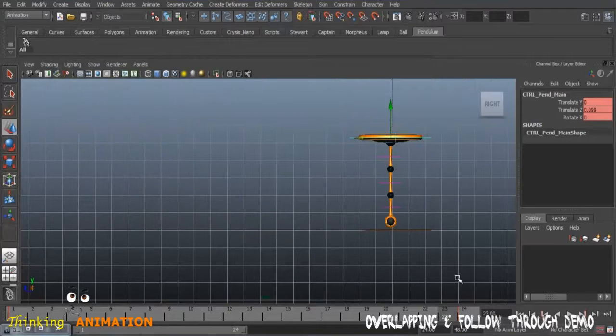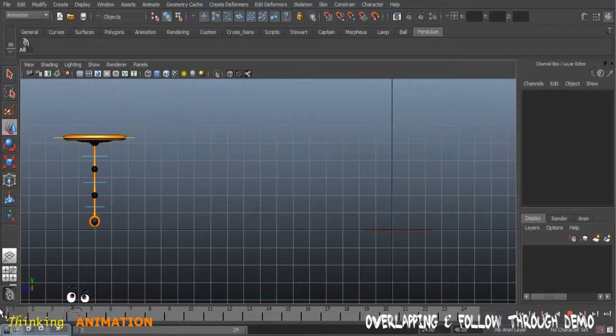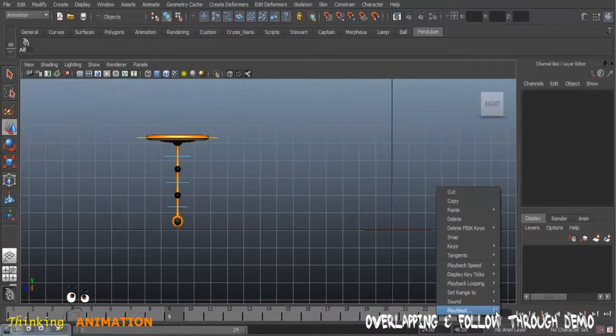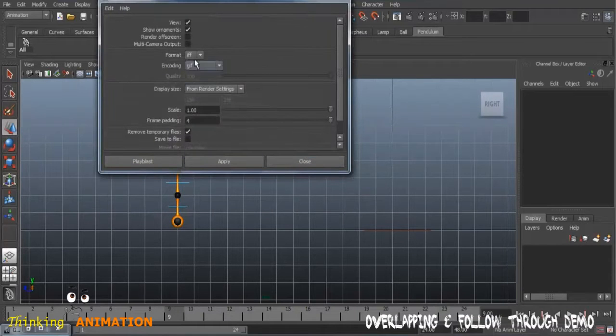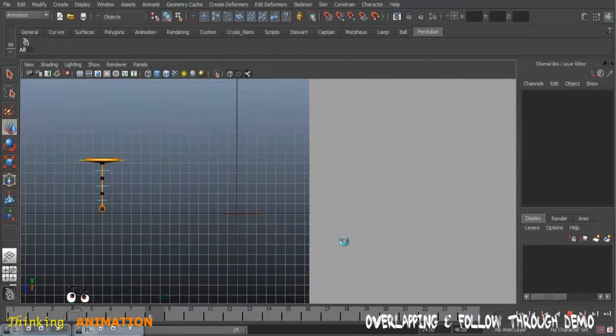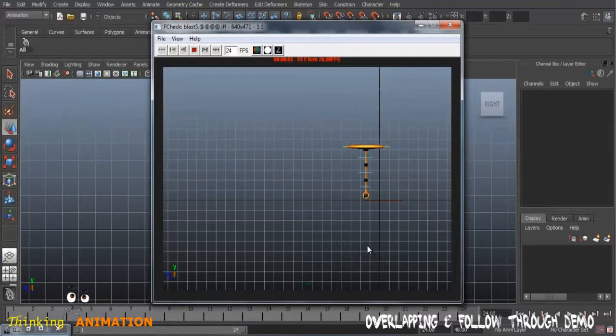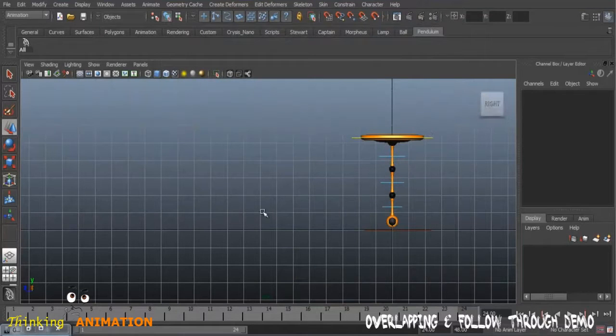So we have also smooth animation here, but we have to look for the timing. Take a playblast. First of all, adjust the setting and take a playblast, and this will give us an idea whether the motion and movement of this pendulum is right or not. If we take a look, it's a little bit fast. We have to add some more time, and to do so